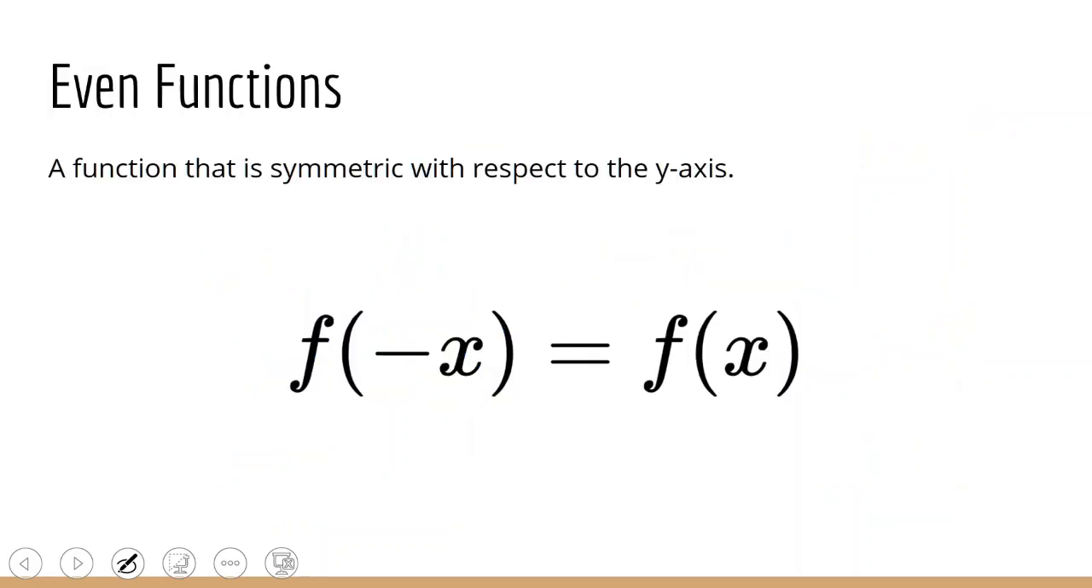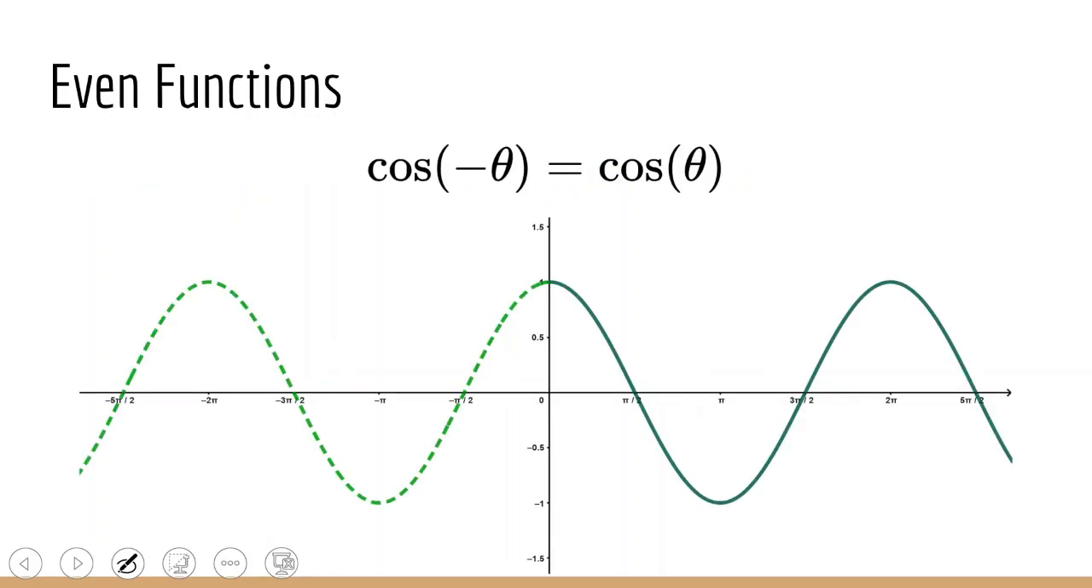Let's take a look at more properties. Another property a function may have is that it is even. So an even function is symmetric with respect to the y-axis. Basically, the output of a negative x is going to be the same as the output of a positive x. So an example of an even function